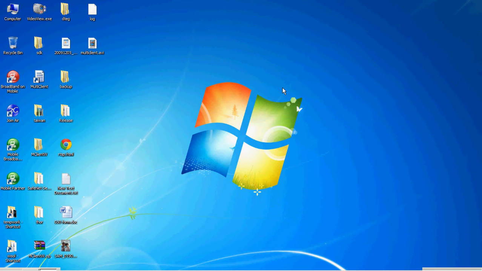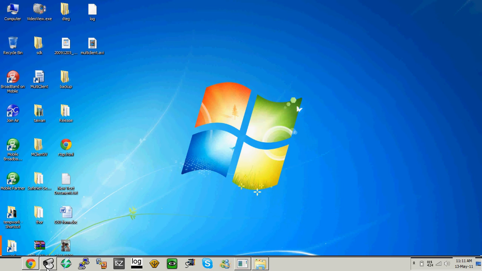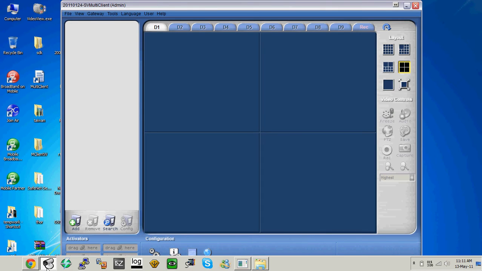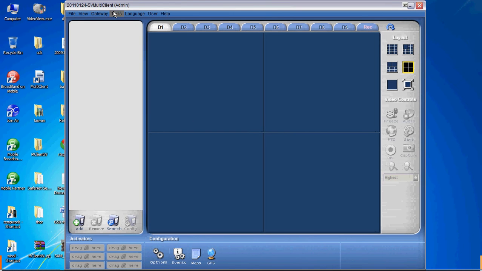Today we are going to introduce to you the way to configure the UVG gateway. First of all, please launch the multi-client. Once the multi-client is launched, we have to wait for a while for it to launch because we are running on a slower PC. Once it is launched, please click on Gateway